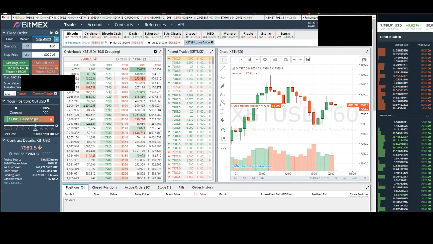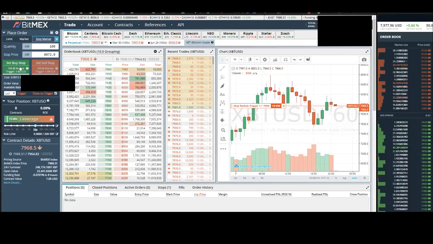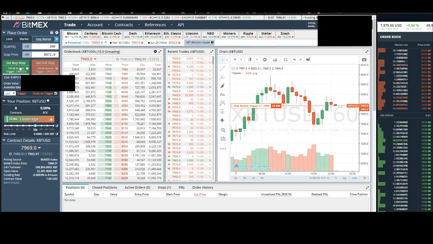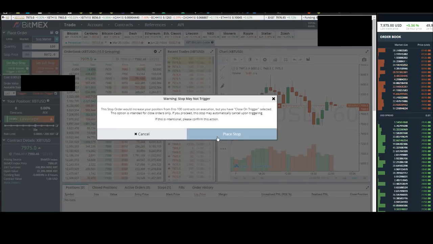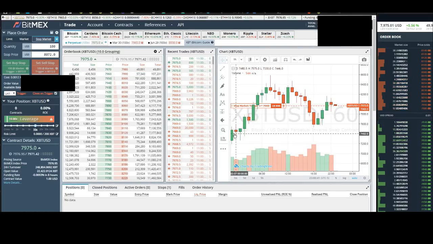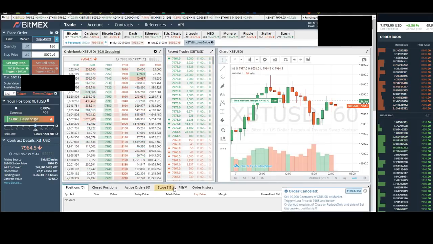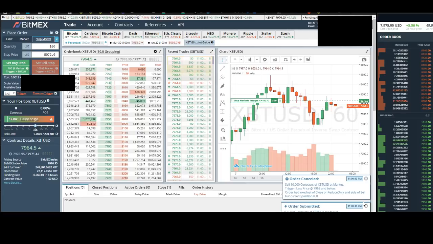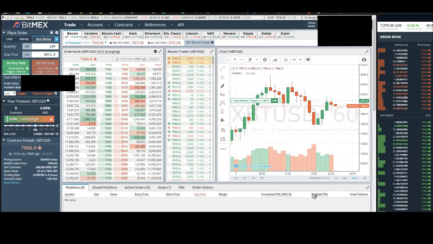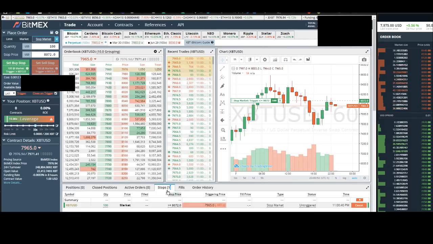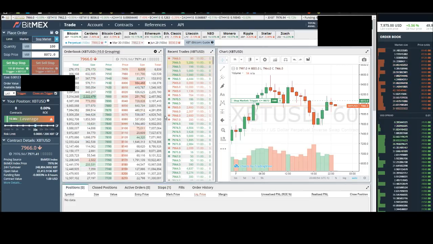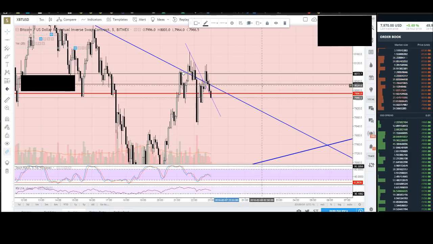Okay, so we will set a buy stop, and when we're shorting, we set a buy stop because basically what shorting means is that we are going to sell contracts that we don't own. So when it gets to a certain price, we need to buy those contracts back. So we set our buy stop 80.72, place the stop. Let me just clear this old one. Okay, it'll show up in the stops,